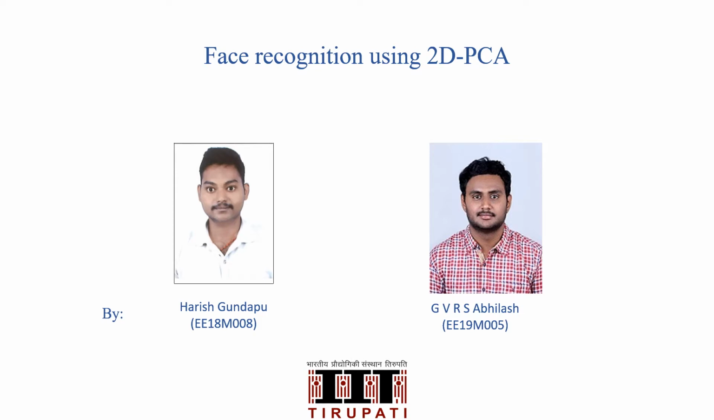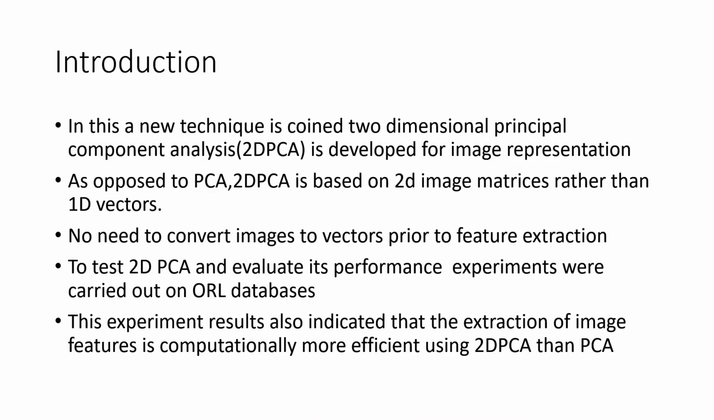I, along with my friend Harish, am going to explain how face recognition is done using 2D PCA. In this, a new technique coined two-dimensional principal component analysis is developed for image representation. As opposed to PCA, 2D PCA is based on 2D image matrices rather than 1D vectors. So the image matrix doesn't need to be transformed into a vector prior to feature extraction. Instead, an image covariance matrix is constructed directly using the original image matrices, and its eigenvectors are derived from the